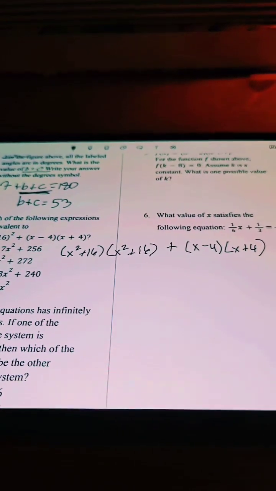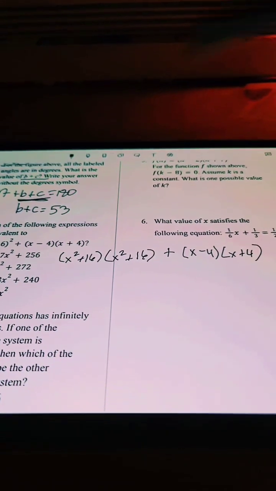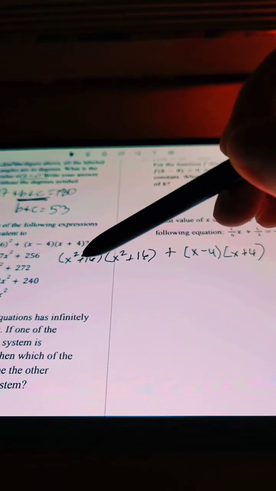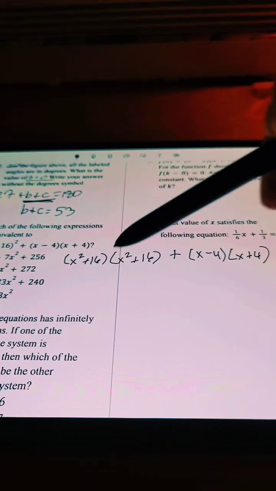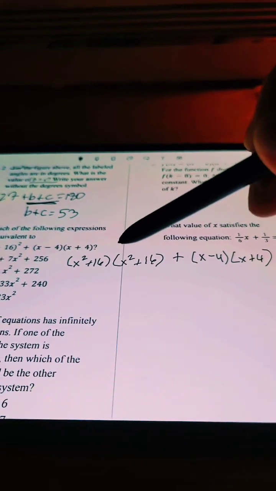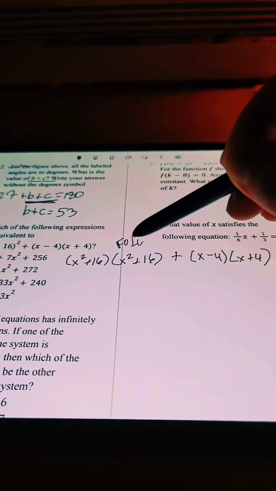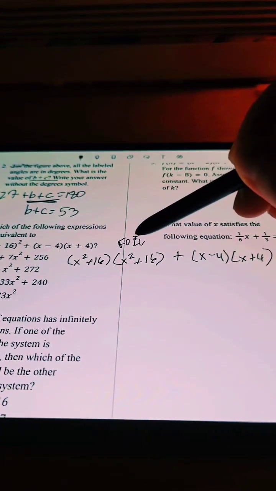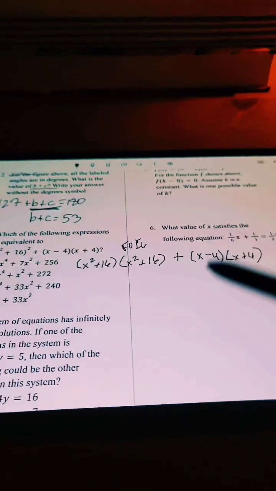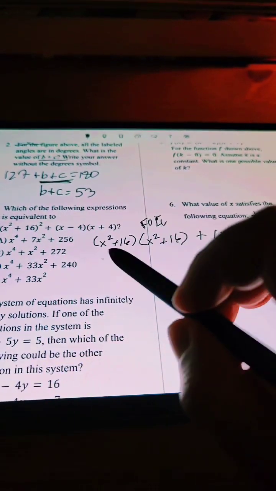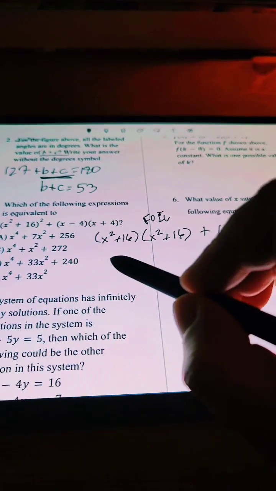Now remember, whenever we have two or more terms added or subtracted inside parentheses times two or more terms added or subtracted inside parentheses, we have to do something called foiling. FOIL is an acronym that stands for what you're going to multiply. F stands for multiplying the first things together, so x squared times x squared, which is